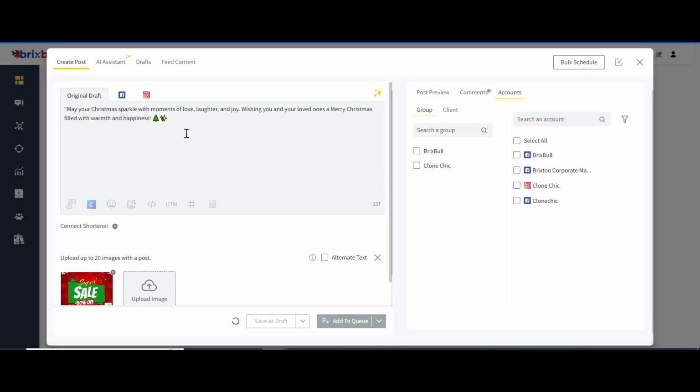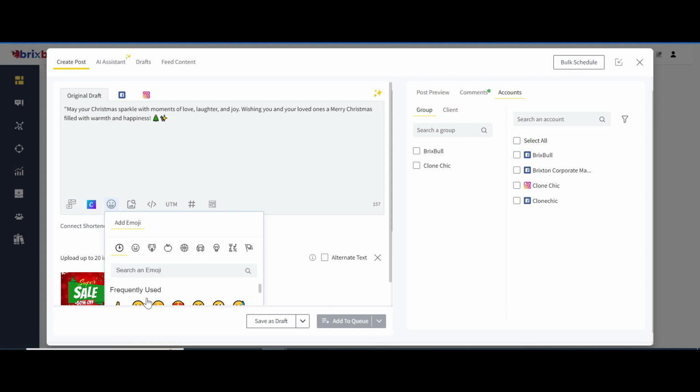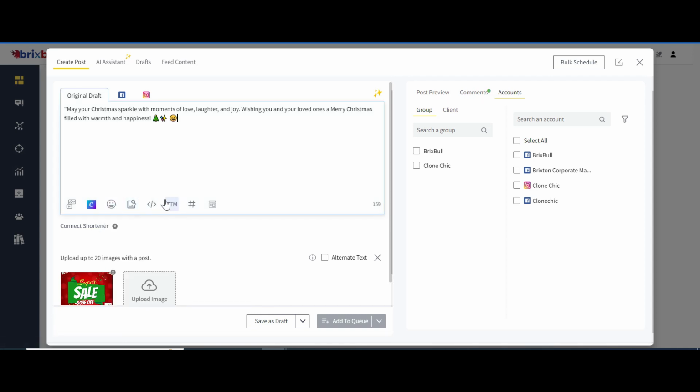Your visual is uploaded, but what if you don't have any visual in your own library? Then you can simply create a design on Canva. By clicking the button here, you can add as many emojis as you want. You can use these options. Also, one thing is missing in this post